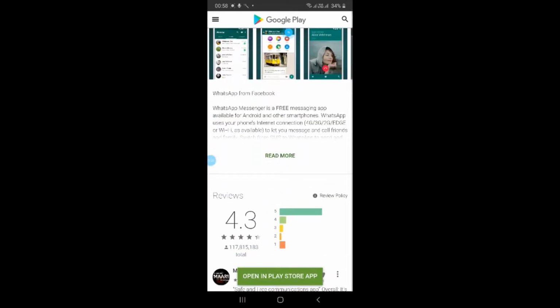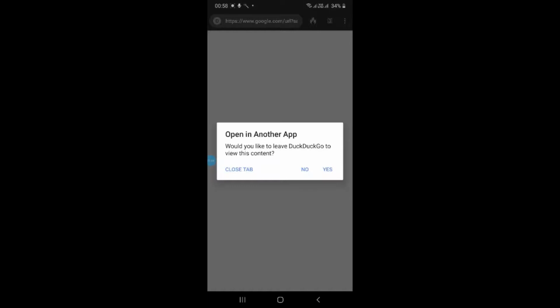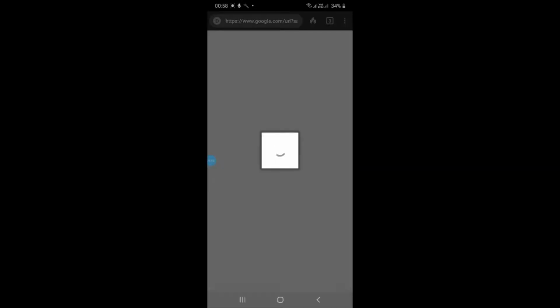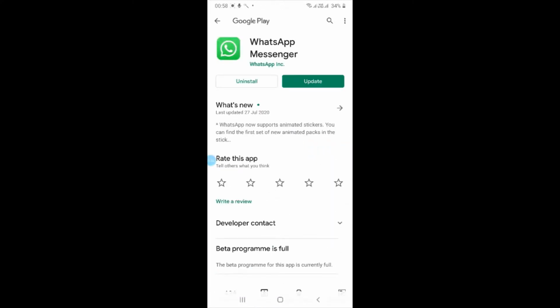When I scroll down, it will ask to open in the Play Store app. When I click on app, it directly gives me that particular app for that company. So you can say that this is a very secure app, and it's an original app because we are retrieving it from their website.